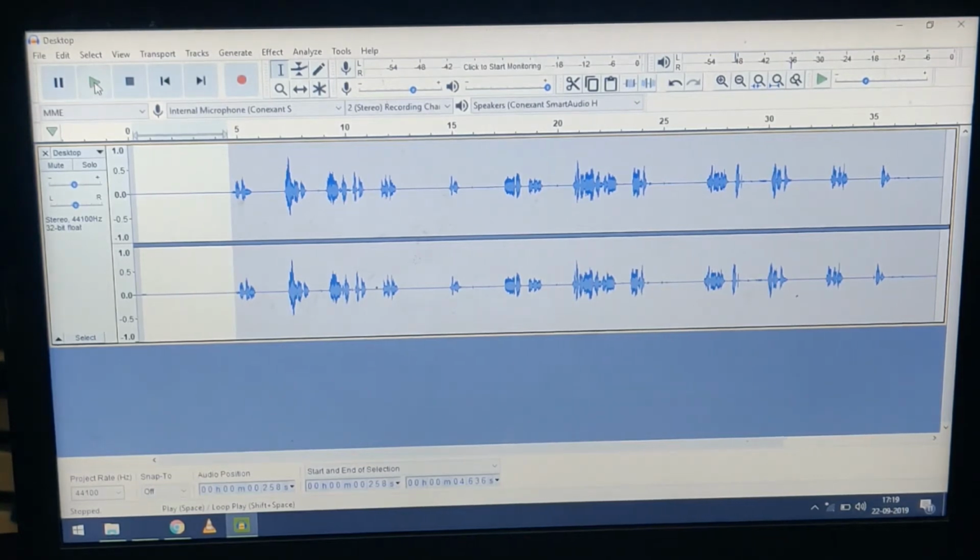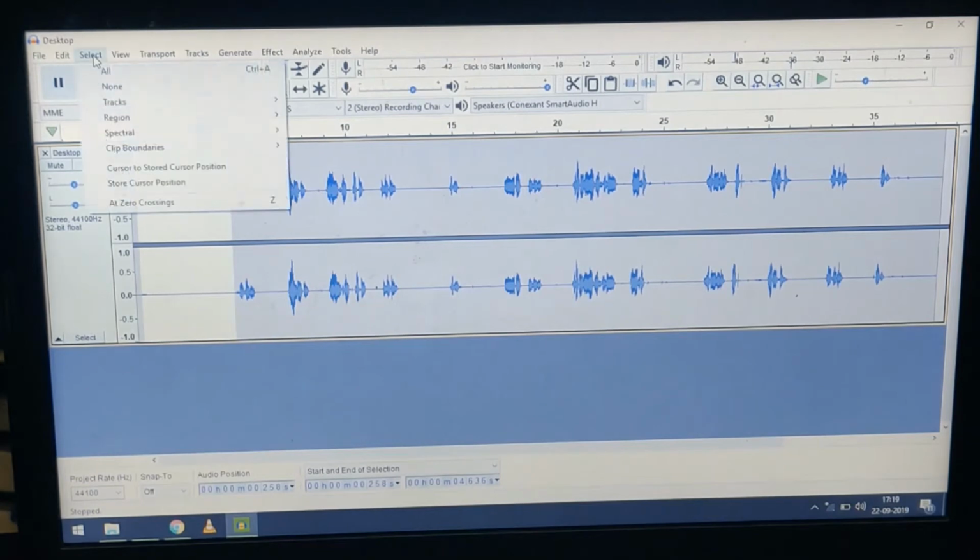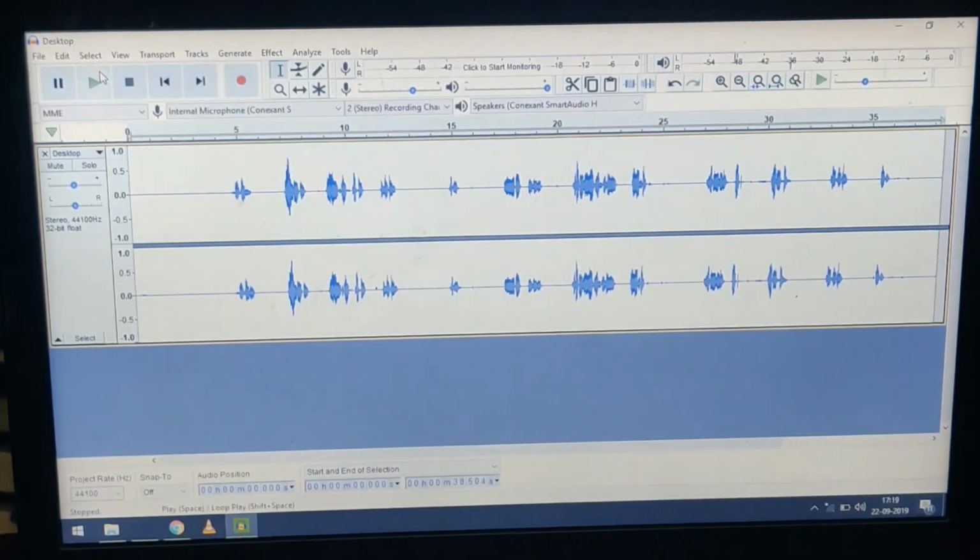Now I am going to apply this profile to the entire audio. Let's see how. Here under File, Edit, we have the Select option. Just click on Select and click on All. It is going to select the entire audio.